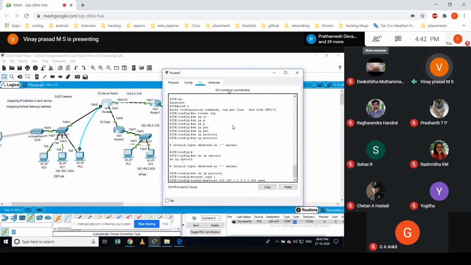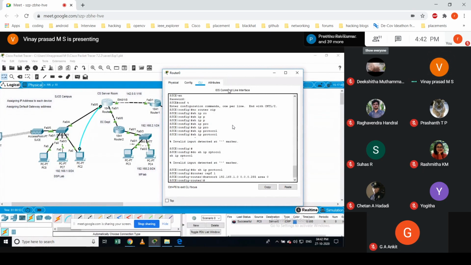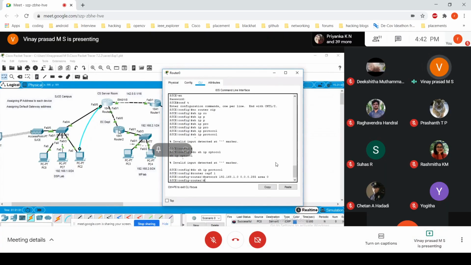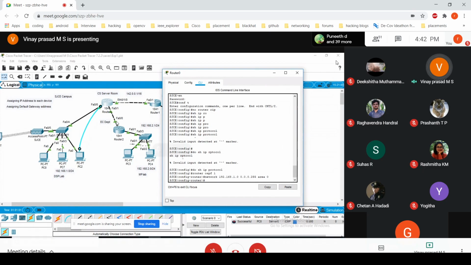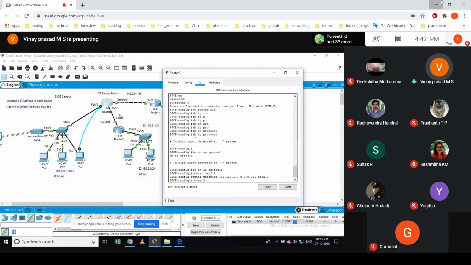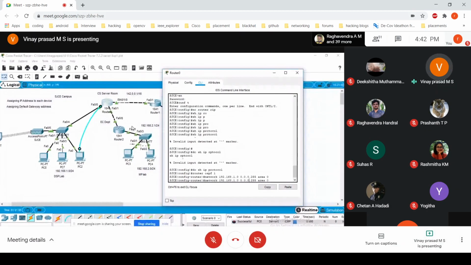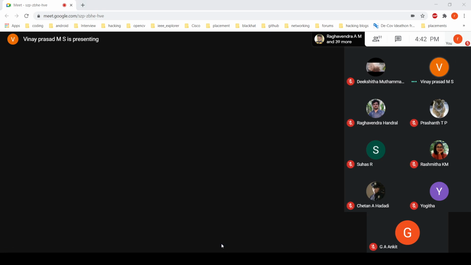Then I would say it is area 0. That network is connected over here, right? 1.0 is connected here. Similarly, 3.0 is connected here. So I go back and change this to 3.0, then enter, then exit.